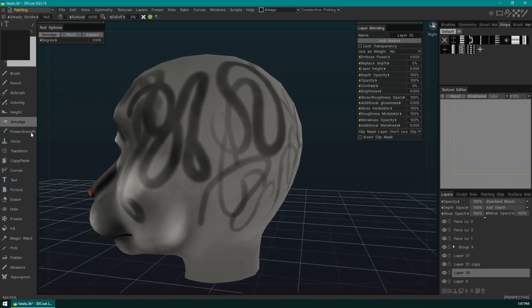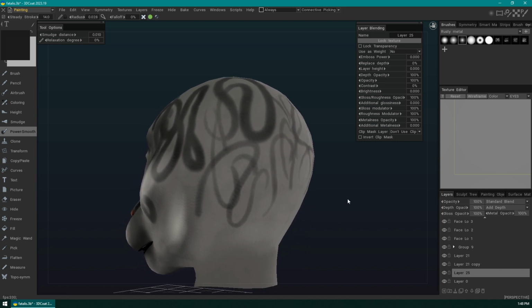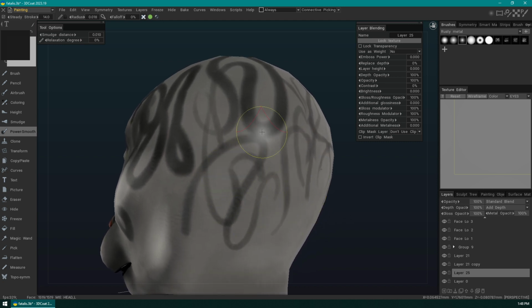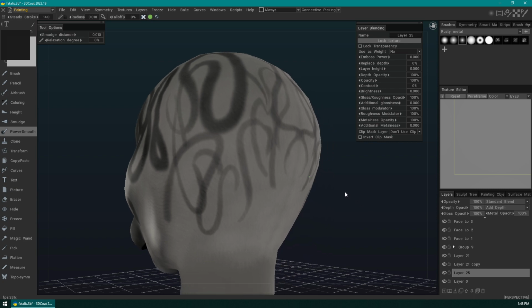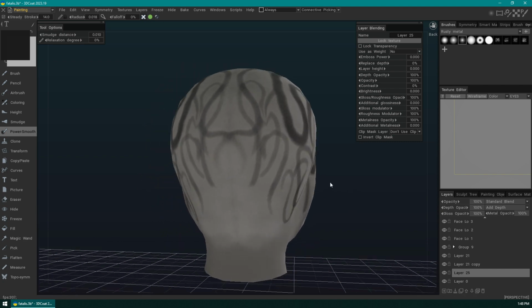So we've got that, and then my favorite tool in all of 3D Coat is this Power Smooth brush. It is incredible because it is very powerful. It is a kind of screen space dependent blur tool, which means that the further away you are, the larger the object is on the screen will actually change how it is blurred. And